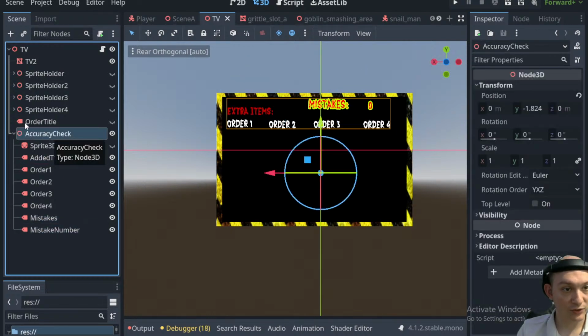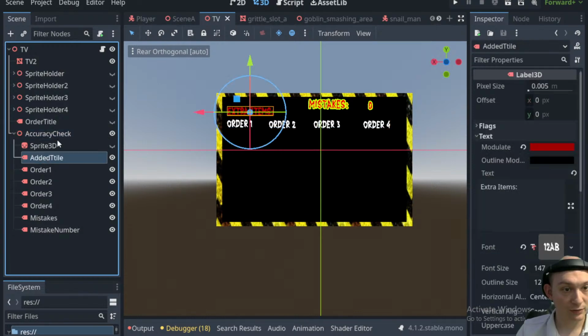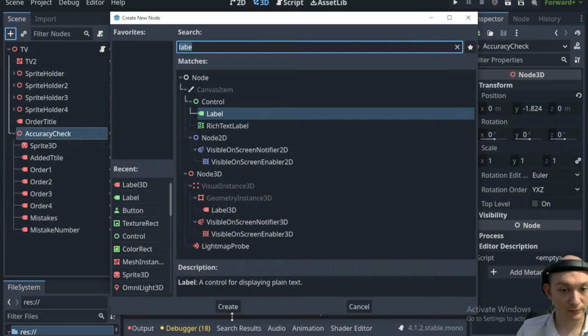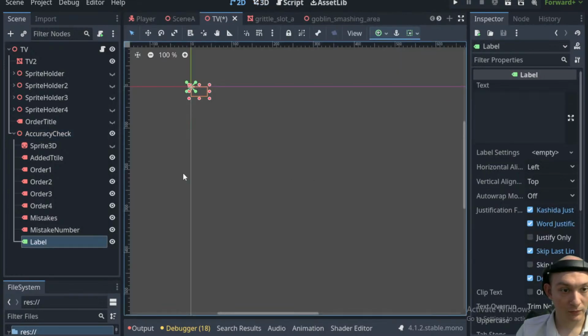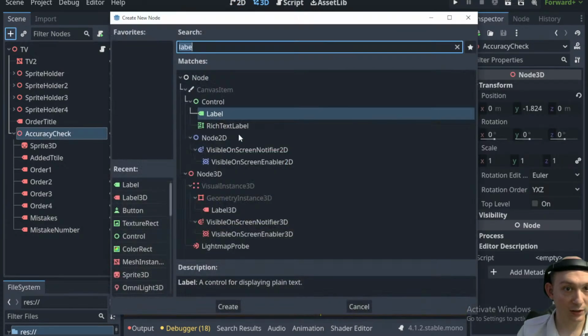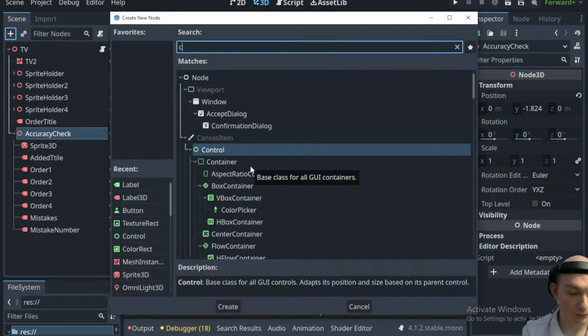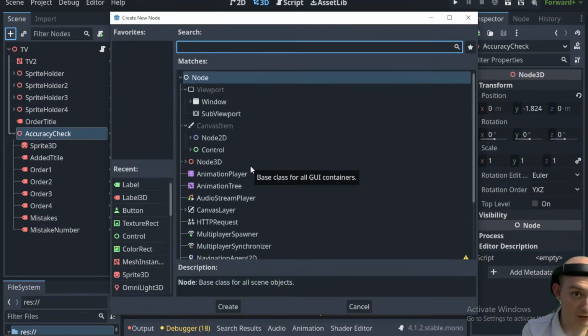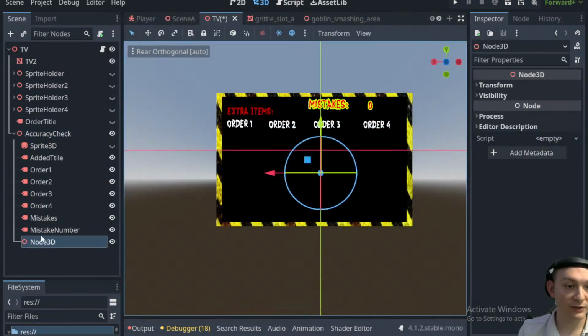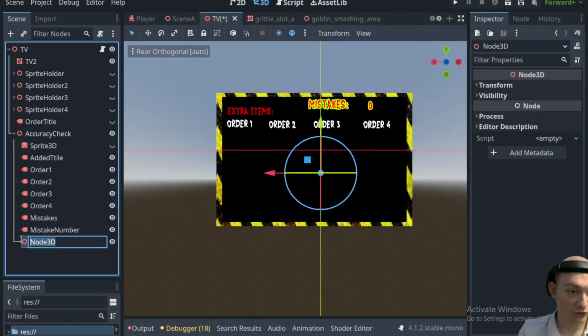Cool. So accuracy check. I think what I should do is, not that. I should make another control. Just another Node3D. We'll create that, and we'll call this the extra items,